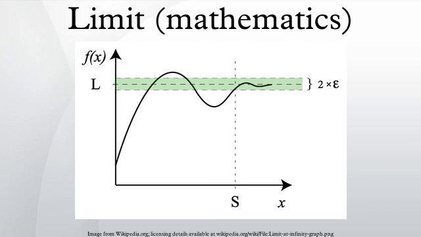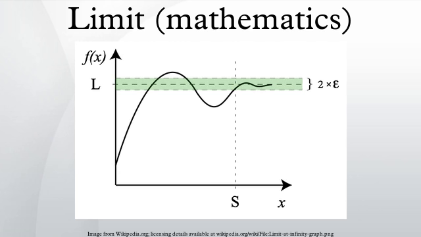In addition to limits at finite values, functions can also have limits at infinity. For example, consider f(100) = 1.9900, f(1000) = 1.9990, f(10,000) = 1.99990. As x becomes extremely large, the value of f(x) approaches 2, and the value of f(x) can be made as close to 2 as one could wish just by picking x sufficiently large. In this case, the limit of f(x) as x approaches infinity is 2. In mathematical notation,